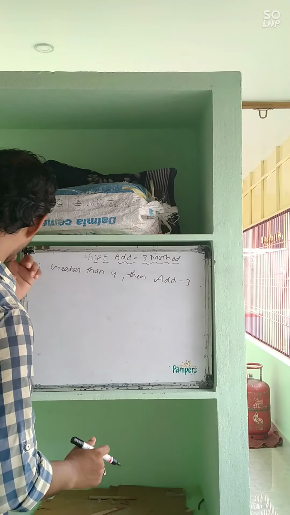So 15, we have to convert it into BCD. We know how to convert it. The binary number is 1111. We have to convert this binary number to the BCD number. Okay. Now our job is to convert the binary number to the BCD number. So first we do the operation, then tens, ones, and the decimal number.